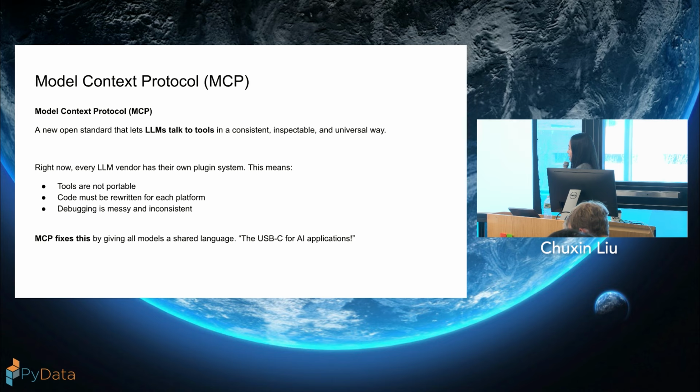Before MCP, all the LLM vendors, OpenAI, Claude, DeepSeek, Gemini as well, were creating their own plugin systems that teach you how to write tool calling. These tools are not portable. If you switch LLMs, it creates a lot of friction. That is why MCP came along, trying to fix this by giving all the models a shared language.